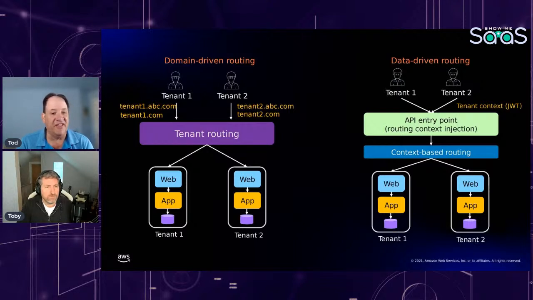How much friction is in this experience, or how much do the tools sort of naturally align themselves to one of these or the other? Yeah. And for me, on the JOT side of this, you definitely have to unpack the JOT. I've got to figure out how I'm going to cache the JOT. I've got the life cycle of the JOT and all those other things that get wrapped up in my routing story here. I don't think that makes it a bad solution. And there's plenty of good things you can do over there. And we'll talk about some of those, but